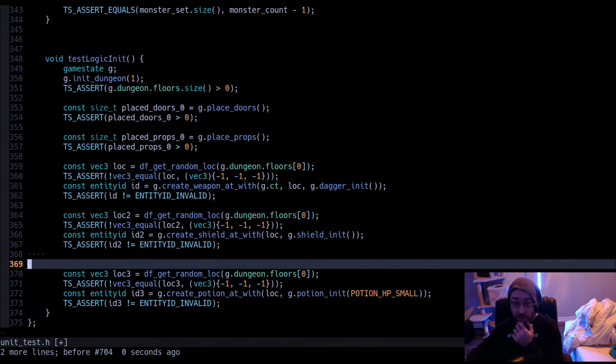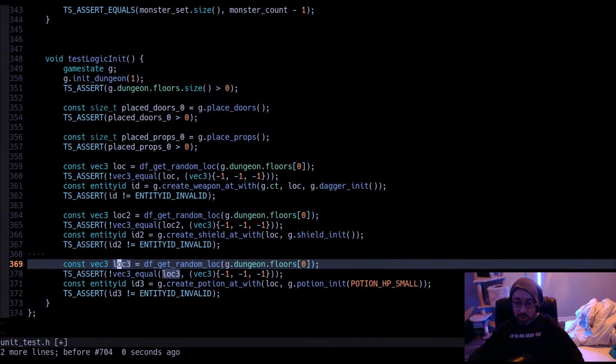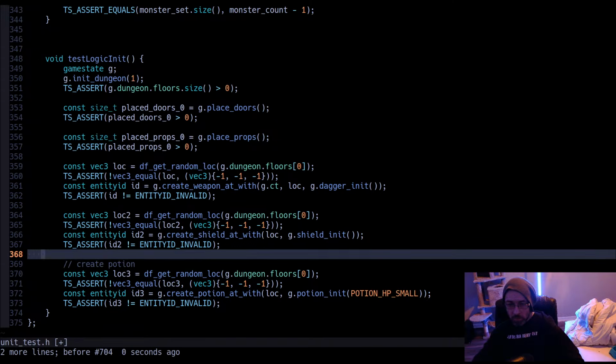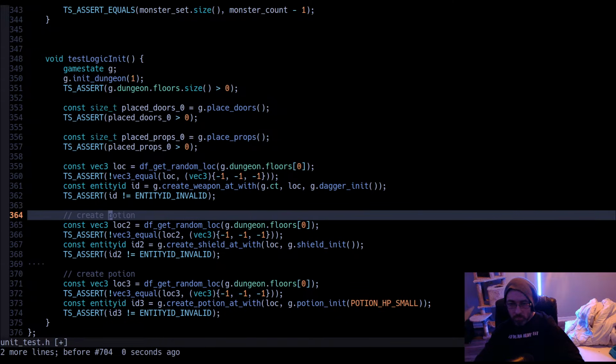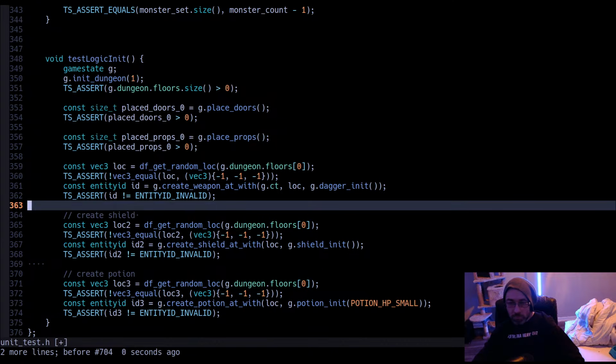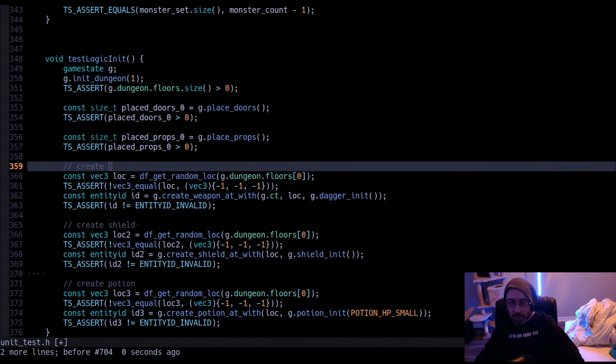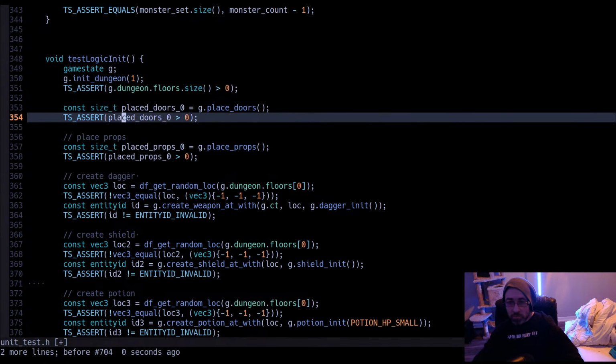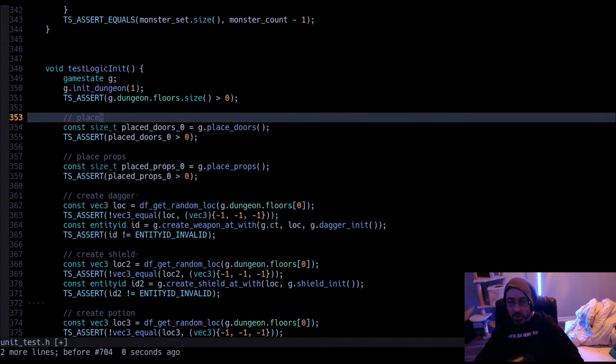So we go ahead and create all three of them. Shield, potion, create potion, create shield, create dagger, place props, place doors.